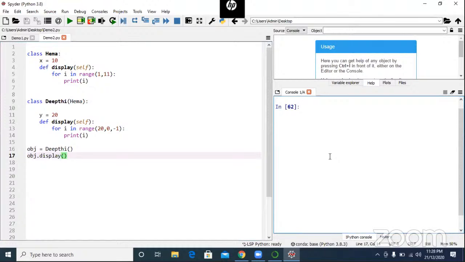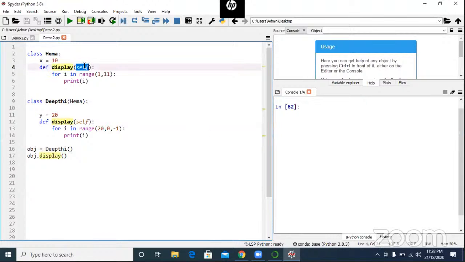If you know Java, in the superclass we have display, and in the subclass we have display. The superclass is Hema, so automatically the superclass method display will come to Deepti. But Deepti already has display. So the subclass method display is overriding the superclass method display.